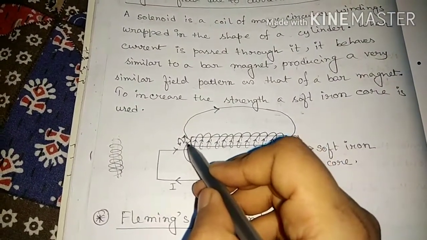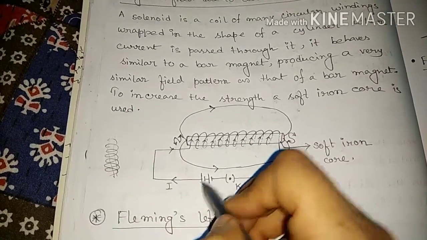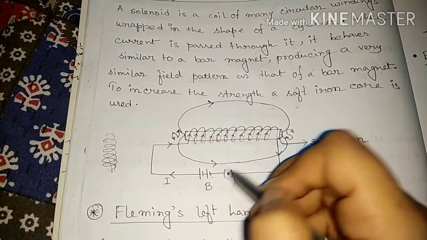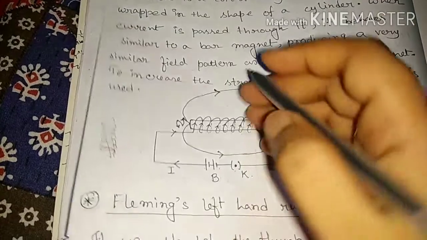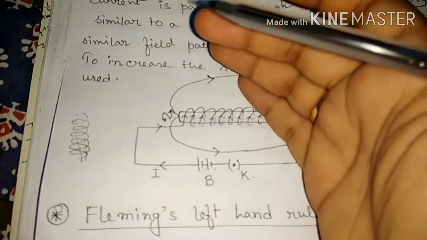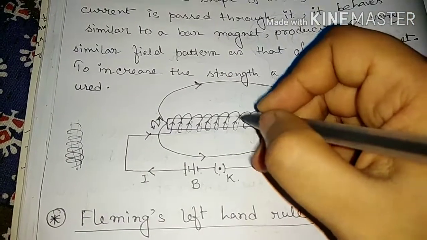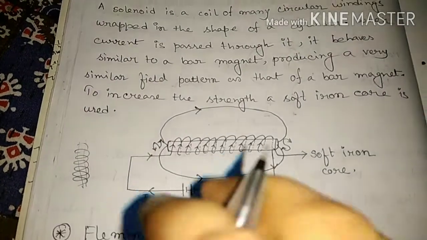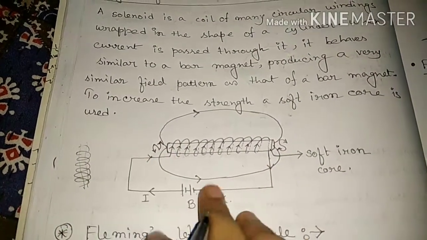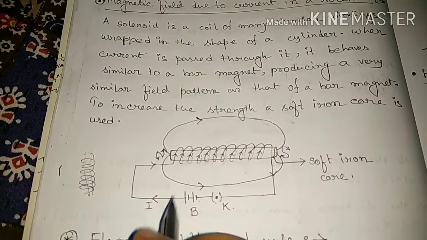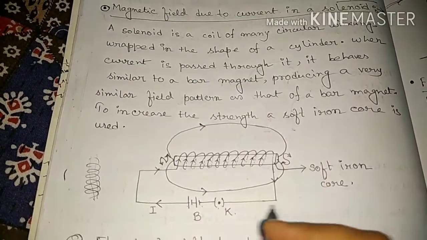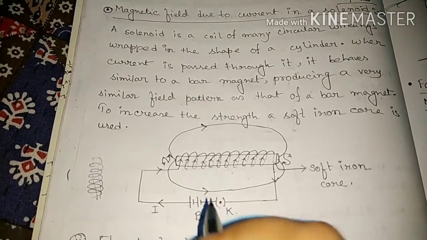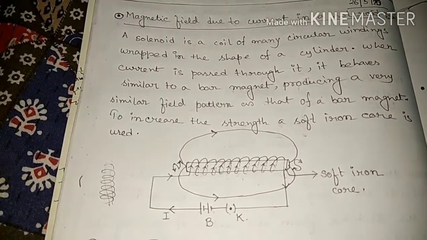One side of the coil is connected to the positive terminal of the battery. The other side of the coil is connected to the negative terminal of the battery via a key. This dotted line means the wire on the opposite side of the soft iron core. Now when we switch on, during the closed circuit, current flows from the positive terminal of the battery to the negative terminal, and if we place any magnetic substance here, it will be deflected by this solenoid.